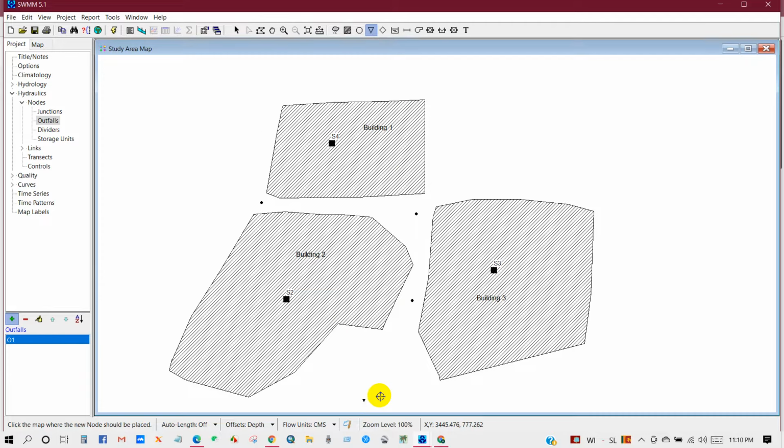Physically, they can represent the confluence of natural surface channels, manholes in sewer system, or pipe connection fittings. External inflows can enter the system at junctions. And what is outfalls? Outfalls are terminal nodes of the drainage system used to define final downstream boundaries under dynamic wave flow routing. Go to Tools, then Map Display Options,